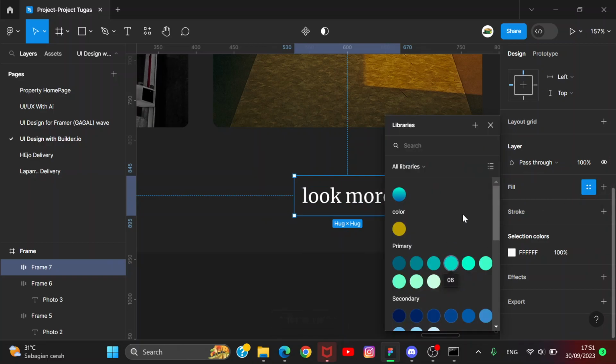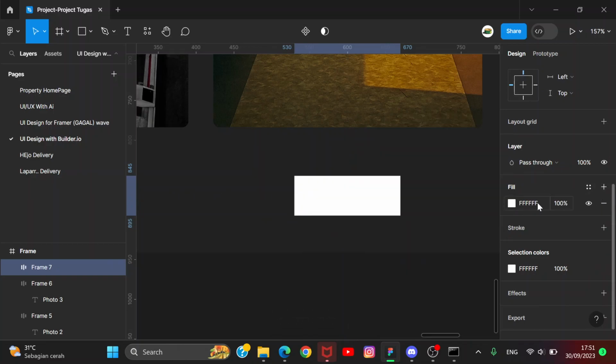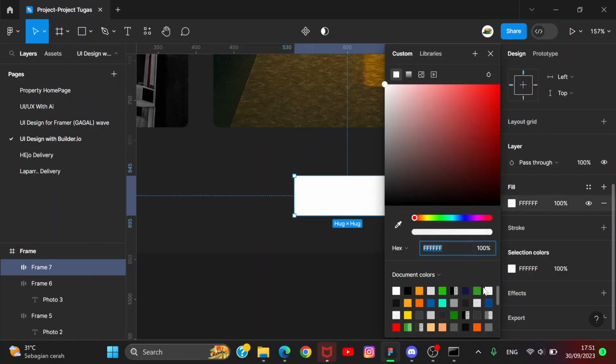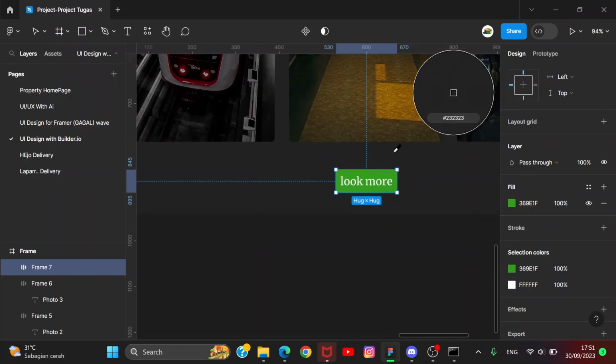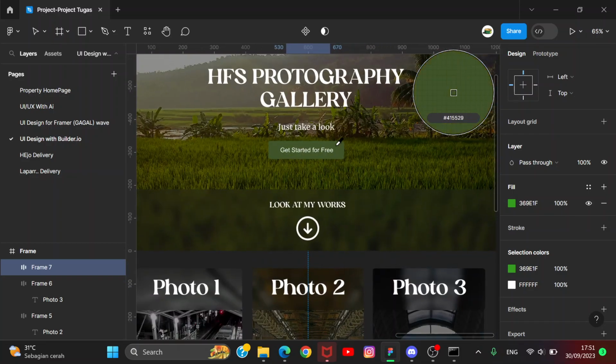Make a button, take a fill, maybe I will use, not this one, I'll use this one